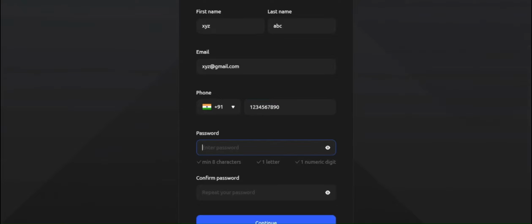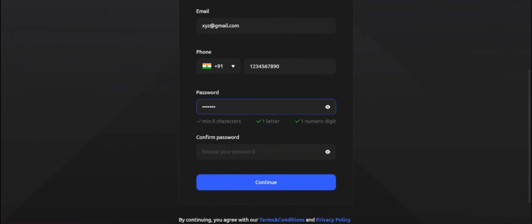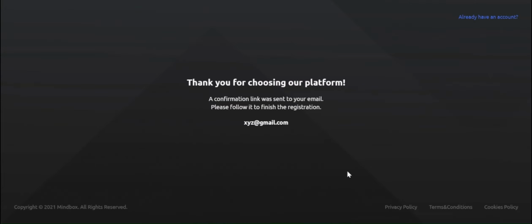After that, enter the password you want to create. You can also confirm your password and click on create. Your account will be created with your registration email address. So now use your credentials, your email and password, to log in to the Mindbox IVMS. Click on sign in.